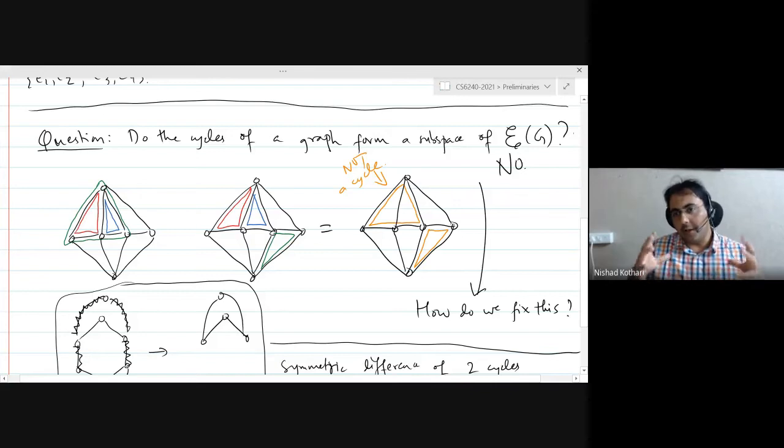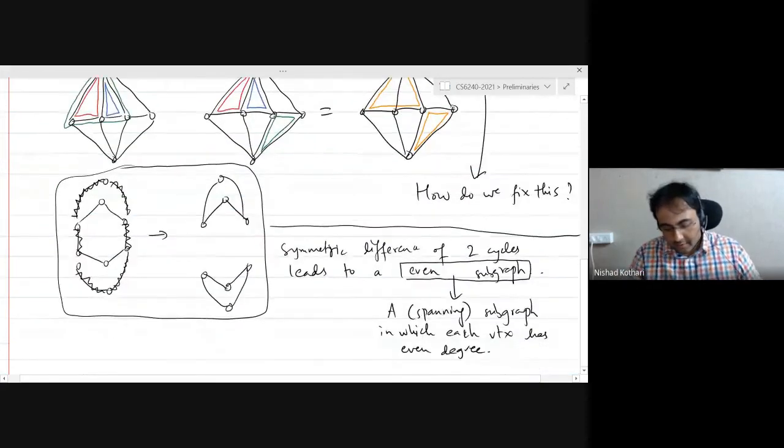So for us, a cycle is going to be: you take all the vertices of the graph and you just pick a set of edges that form a cycle. Because we don't want to think about the vertices constantly, we are going to assume that all our subgraphs are spanning. We will just keep all the vertices and deal just with the edge sets. So this is really a technicality so that we don't have to keep thinking about the vertices. Does that make sense? So in particular, let me give you an example.